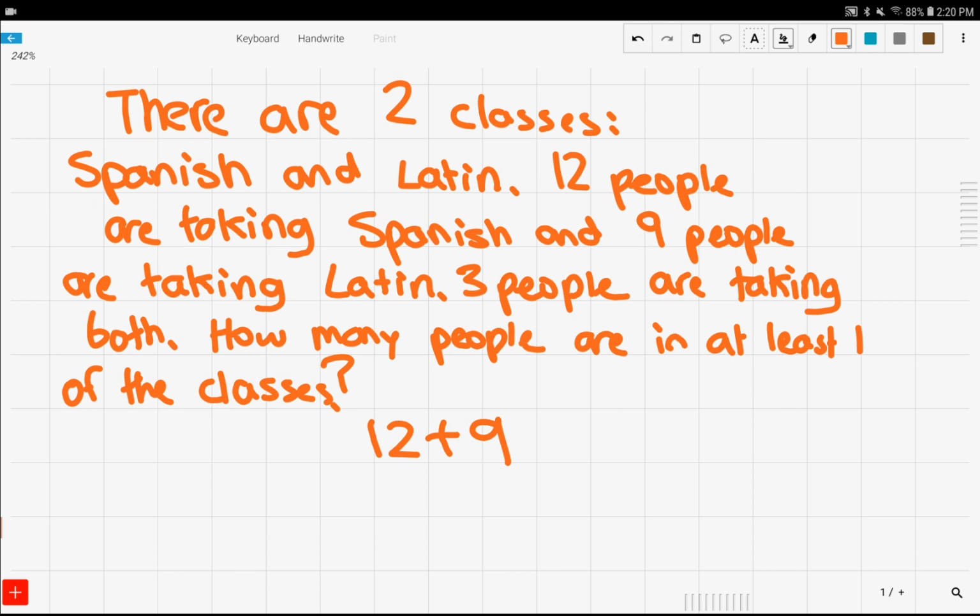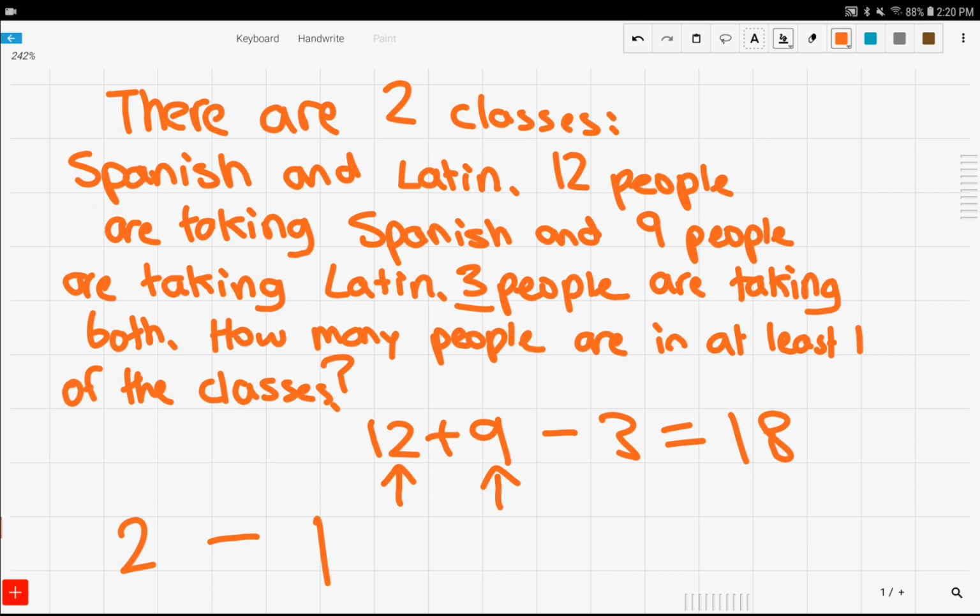However, we've actually overcounted the 3 people that are taking both, because we've counted them twice, one inside the 12 and one inside the 9. So if we've counted the people in both twice, then if we just subtract the number of people in both classes once, then we will be good. So 12 plus 9 minus 3 to compensate for the overcounting gives us